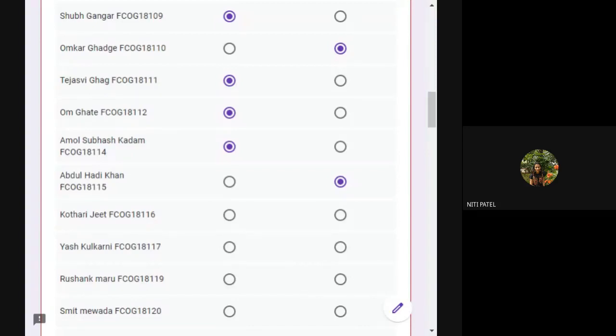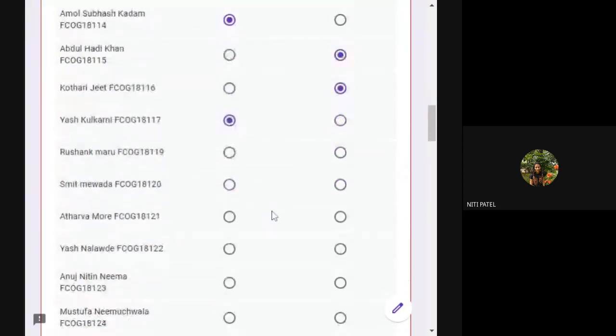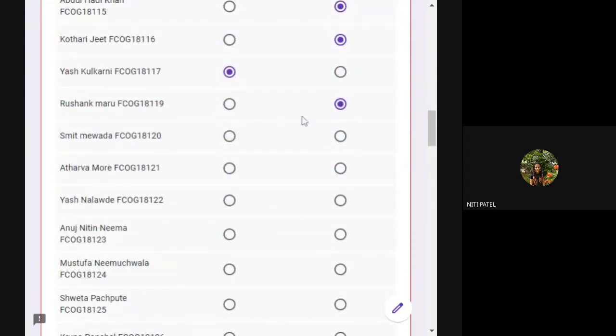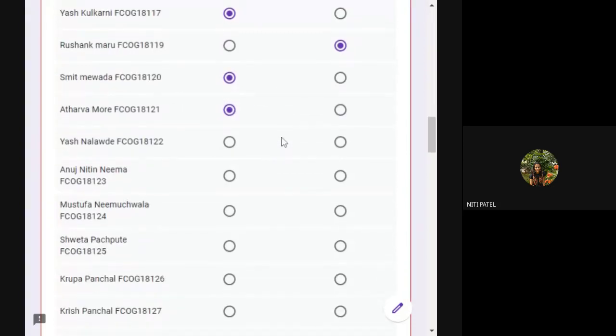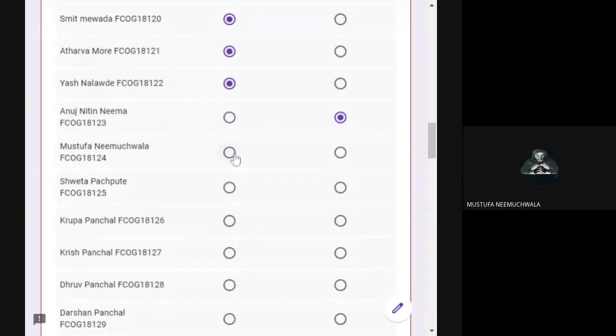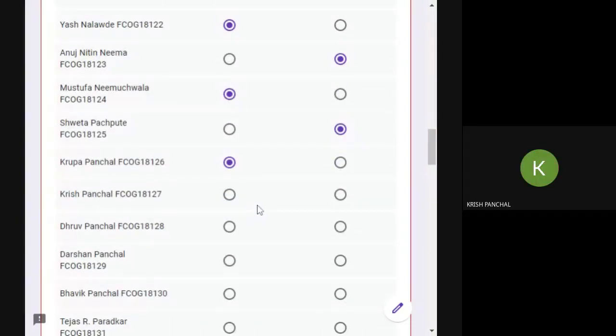Jeet, Yash present. Rushank, Smith, present, ma'am. Atharva, Yash, present, ma'am. Anuj, Mustafa, present, ma'am. Shweta, Krupa, Krish, present, ma'am.